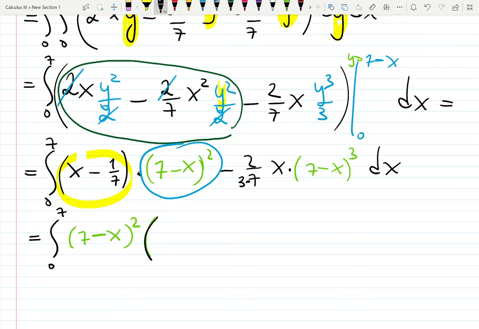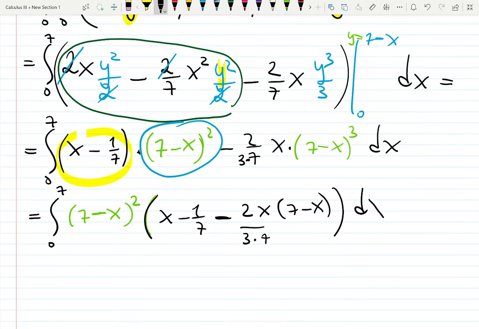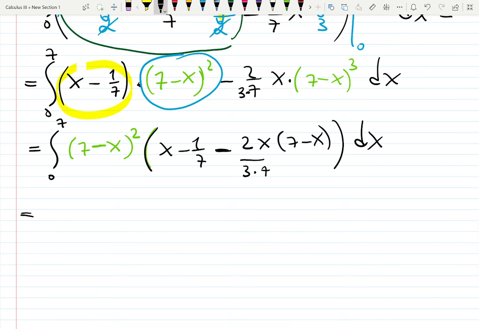Then it will be x minus 1/7 minus 2x times 7 minus x, there's 1 tiny leftover, divided by the 3 times 7, which is 21. Like so. And maybe it will get simplified. That would be nice. Maybe, what if everything is going to cancel out? That would be so nice. So from 0 to 7, 7 minus x squared, keep waiting, and now I have x minus 1/7 minus,